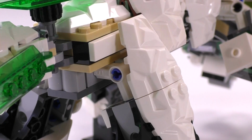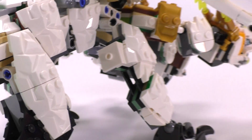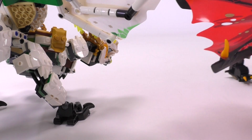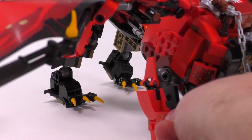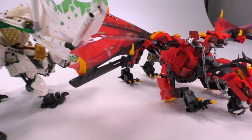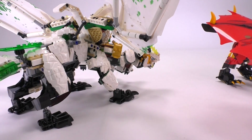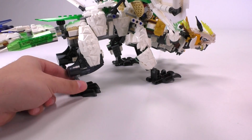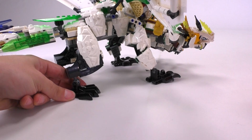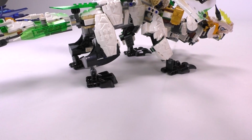There is no way to change the angle of the way they attach the body, which is an unusual case given that, compared to the Firstborn, the legs are on full ratcheted joints, so you can do whatever you want with them. It's not the case for the Ultra Dragon. I guess it's because of the size and the way they want to keep the stance of the dragon in each and every situation. The only thing you can move are the actual feet, which are built using a pretty awesome, unusual mold for that